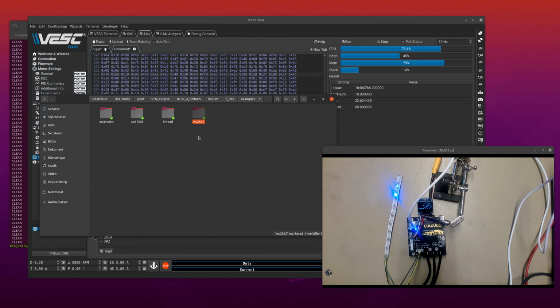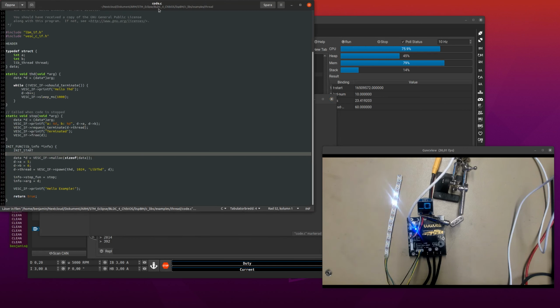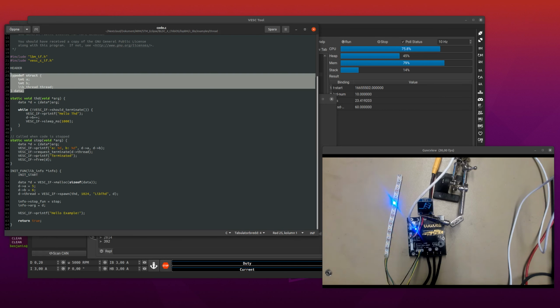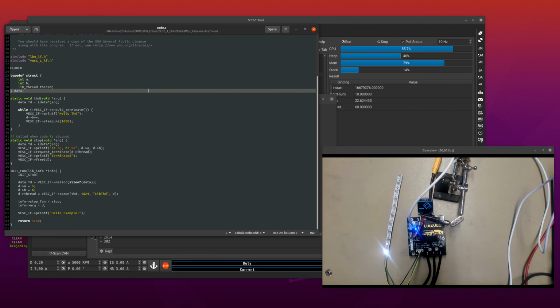Now I also had another example where I'm using a thread. This one is a lot shorter, and this one doesn't need the SD library at all. This is probably what you're going to do if you want something like the balance app that runs in its own application. In this case, in the init function, I also show how to store some data. You don't need that to run a thread, but this is one way to do that. So we have this data structure, and when we run the init function, we allocate memory for it, and then we just set some numbers in A and B, and then D,